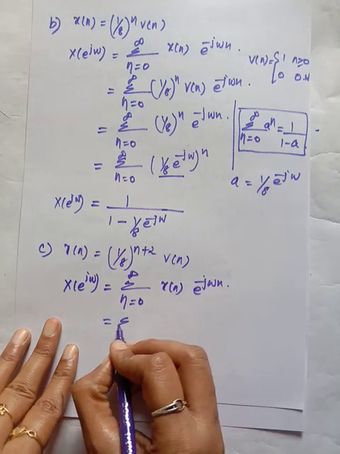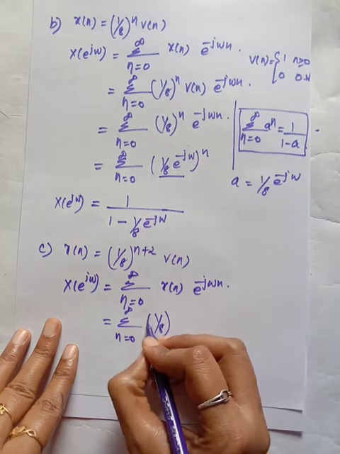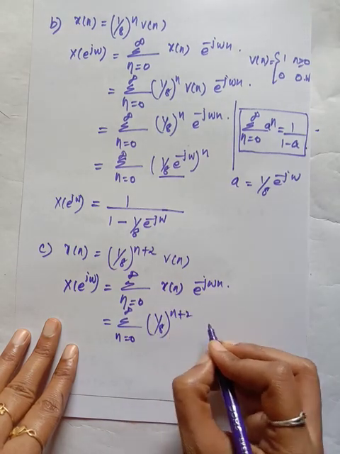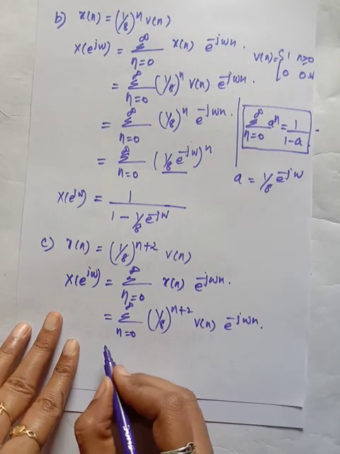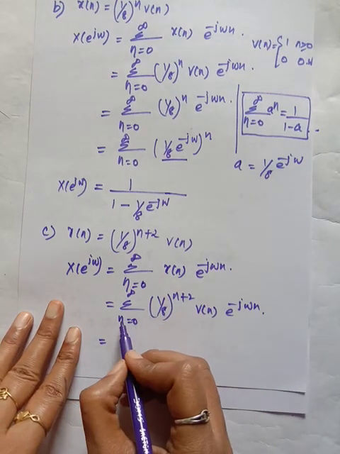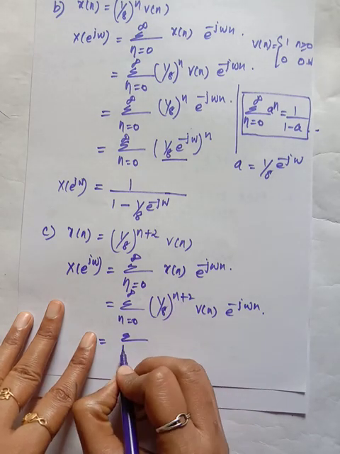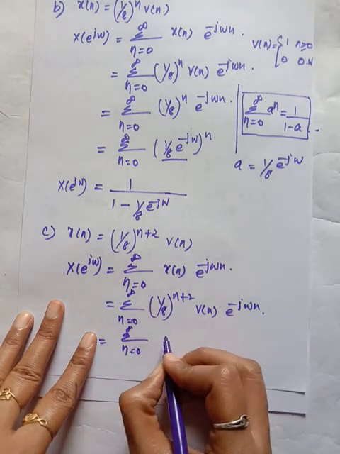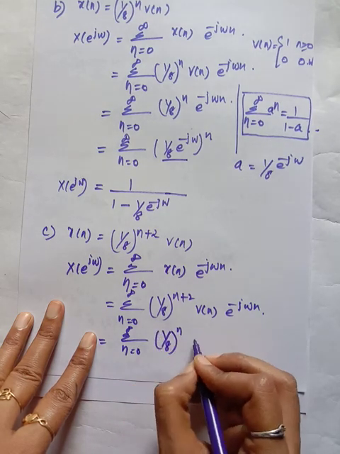So summation n is equal to 0 to infinity 1 by 8 the whole power n plus 2 u of n e power minus j omega n. So now see here this term, right? You are having n plus 2. You can split this term, right? So you can split it and you can write it as 1 by 8 power n into 1 by 8